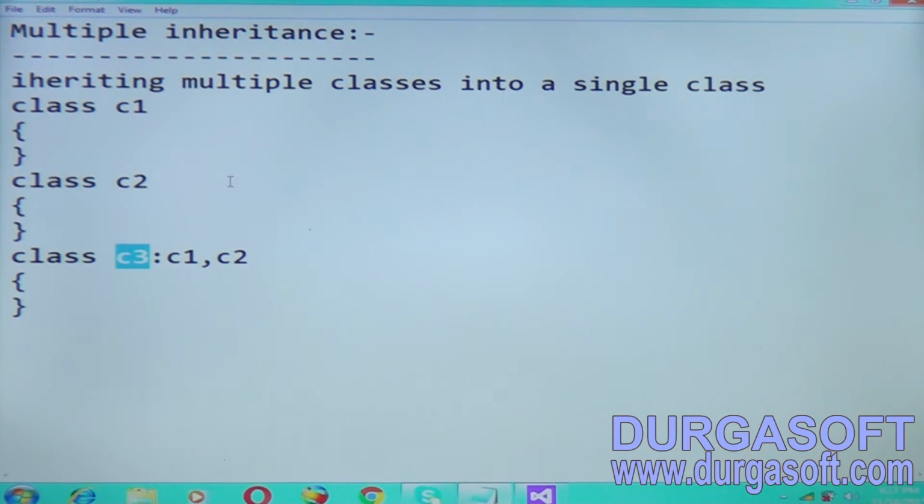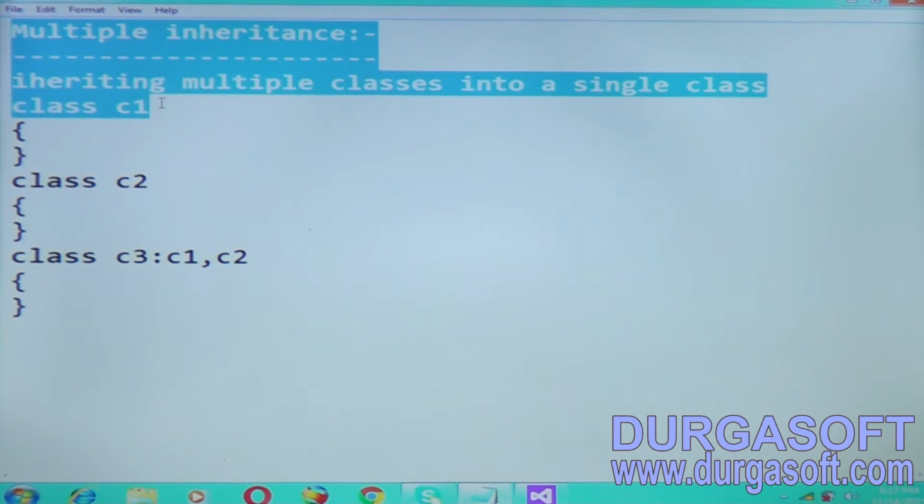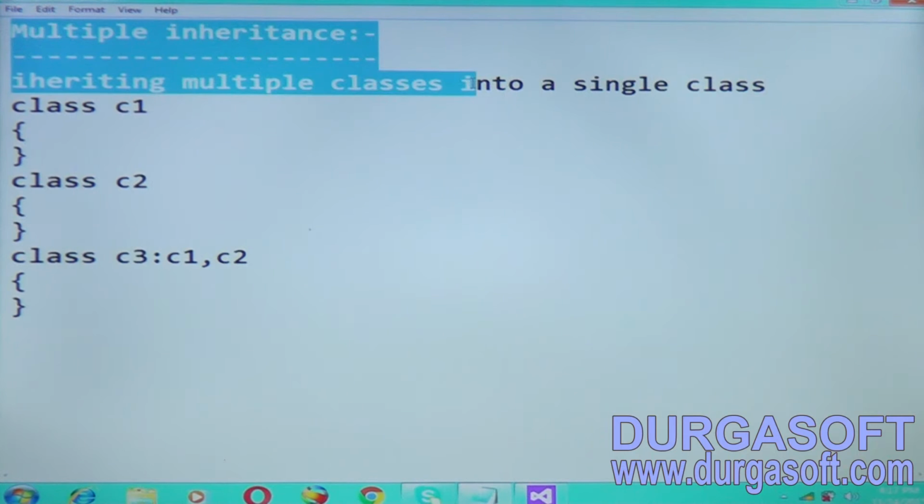And can we implement multiple inheritance in C#.NET? Yes, but it is not possible by using classes. It is possible with the help of interfaces. So inheriting multiple classes into a single class is called multiple inheritance.